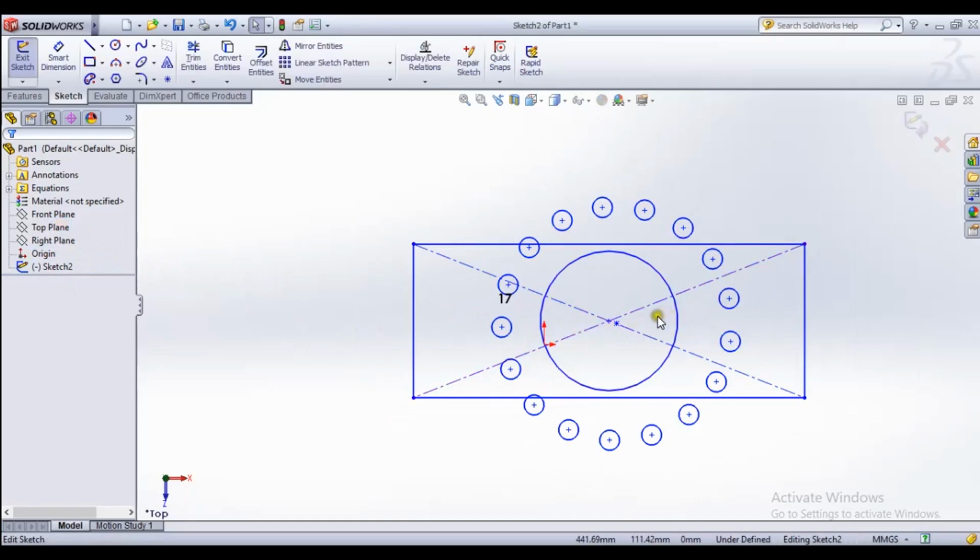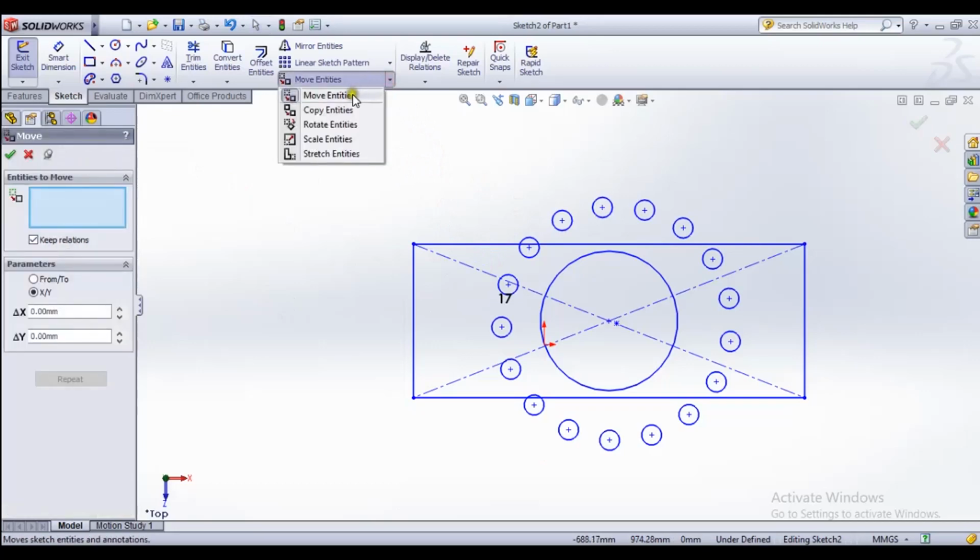It's moved for the origin, and I think it can't be movable because this and other things are in dimension already, so we can't move it. But this move entities tool is used for move, and this is for keeping copy from x and y.